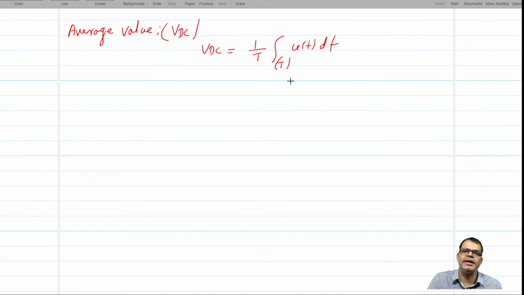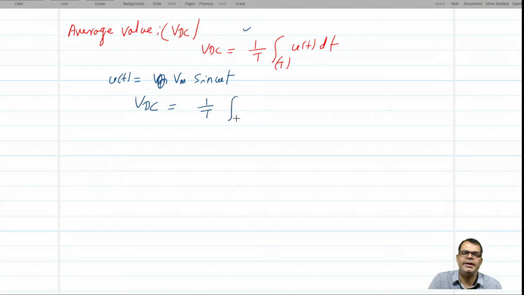Average value we can calculate for any signal, whether it is a square wave, a triangular wave, or a sinusoidal wave. So let us calculate for v(t) as your sinusoidal wave, whether cos or sin. Let's say its peak value, let me designate it Vm or Vp, anything you can put. Vm sin omega t. So VDC of this value is 1 upon T